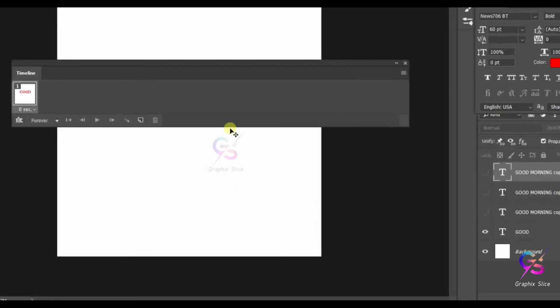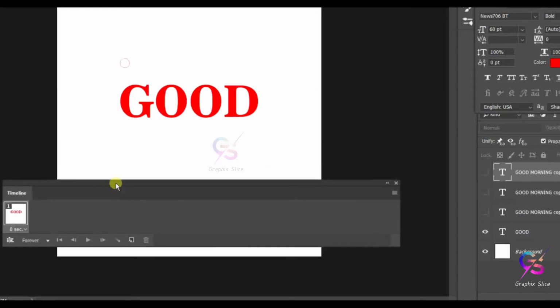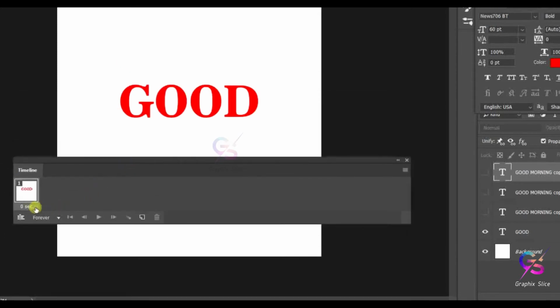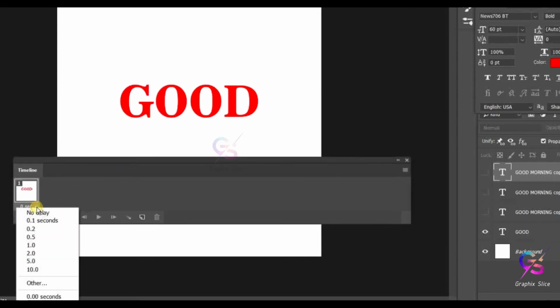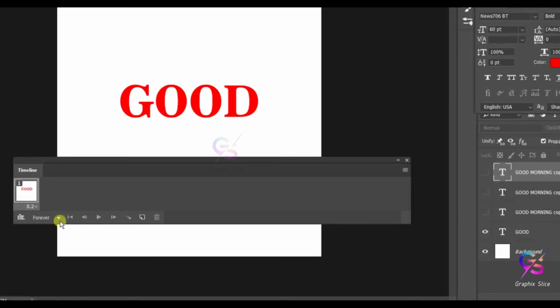Click first. Automatically it selects the first frame. Then for the second, before selecting the second frame, you can set the time delay. From no delay to 10 seconds, time options are available. You can set 0.1 seconds, 0.2 seconds, 0.5. I'm going to choose 0.2 seconds. It's enough. Next, again click here to load a second image. I added the second image, just turn this on.